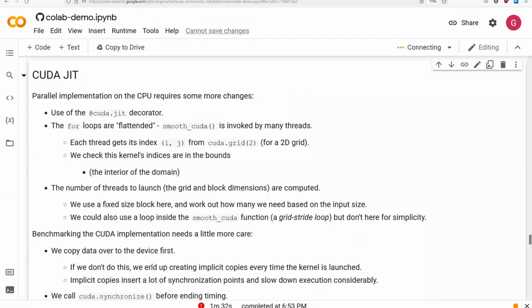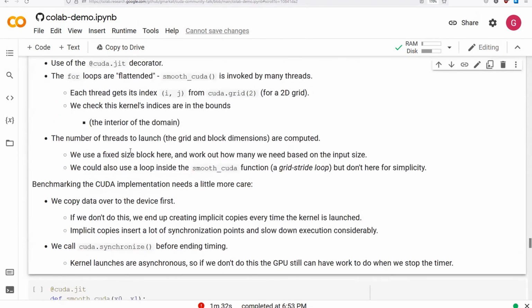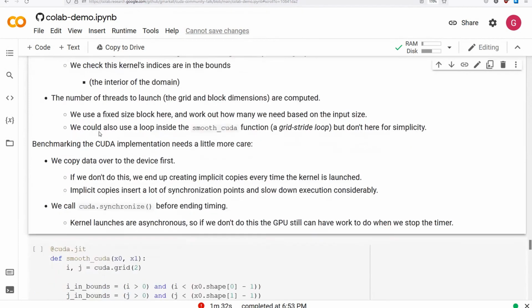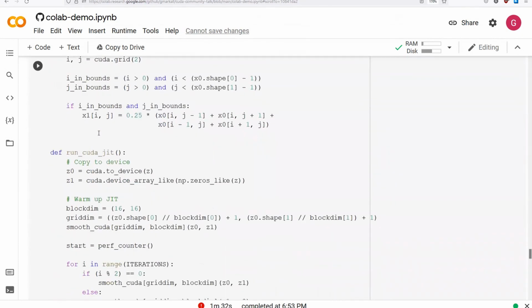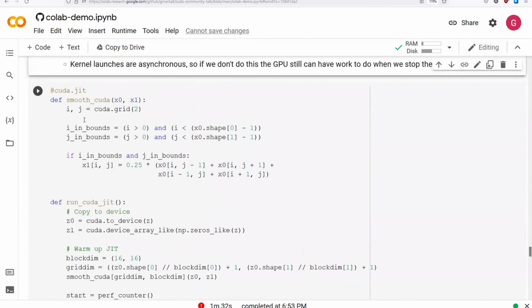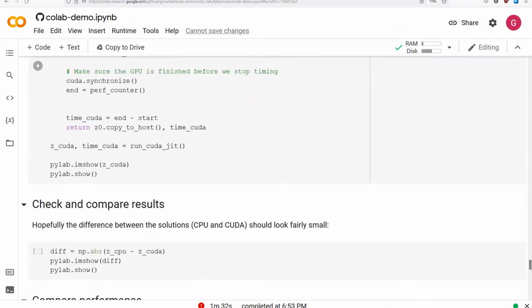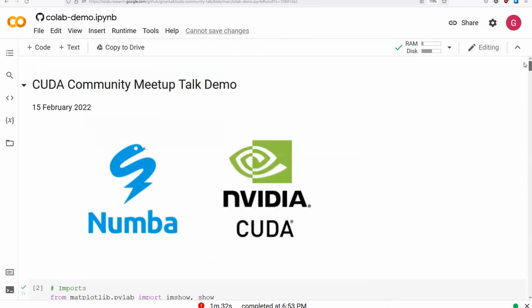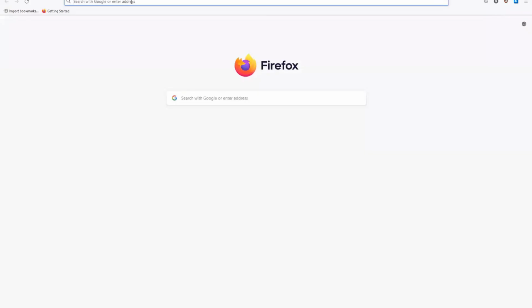Oh, okay, so for some reason I've lost the runtime. So I'll come back to run this in a minute when I finish talking. The notebook contains some explanation of the changes that were made to run it on CUDA, and the code itself. So what I'm going to have to do is try and reconnect to the runtime and run the rest. In fact, no, what I'm going to do is